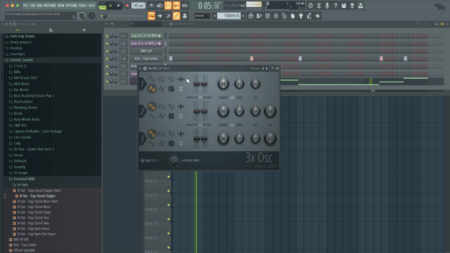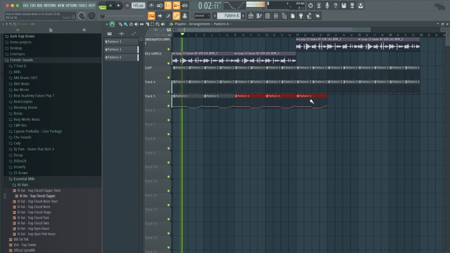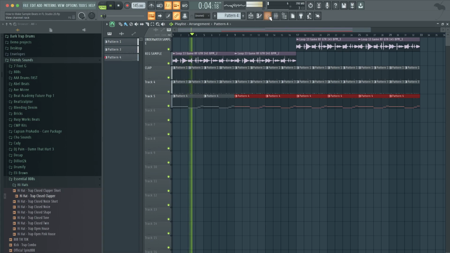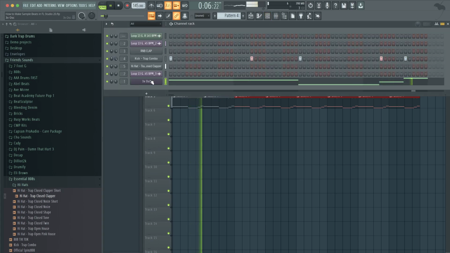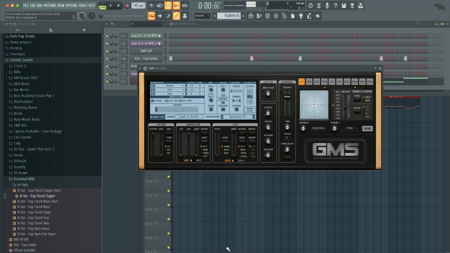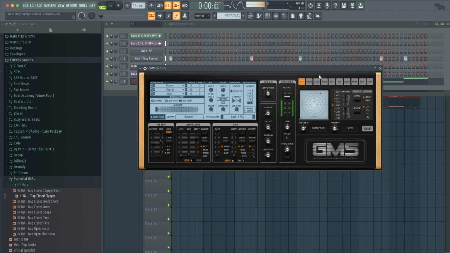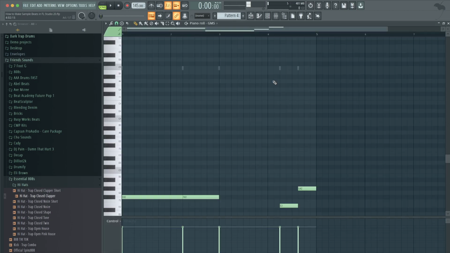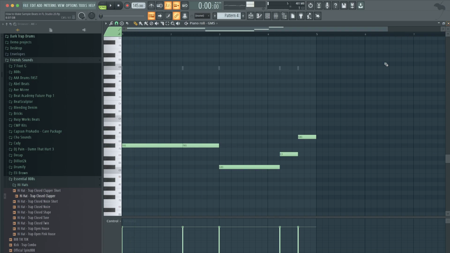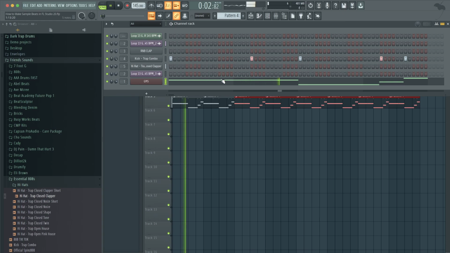You could also use a triangle wave. Let's try a GMS bass. So at this point, you just got to find the bass that you like. I don't want to obsess about bass. Just trying to find a bass where we can get more of a, let's pull this up. Control up and down moves the notes up and down an octave. You could use this one.